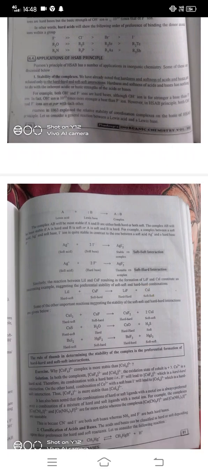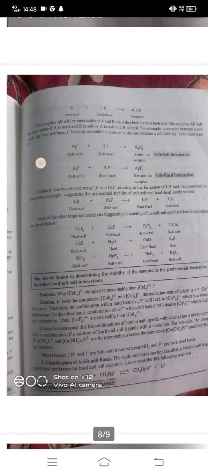Pearson in 1963 explained the relative stability of the coordination complexes on the basis of HSAB principle. Let us consider a general reaction between a Lewis acid and a Lewis base. A is Lewis acid, B is Lewis base that form a complex AB. The complex AB will be most stable if A and B are either both hard or both soft. The complex AB will be less stable if A is hard and B is soft, or if A is soft,